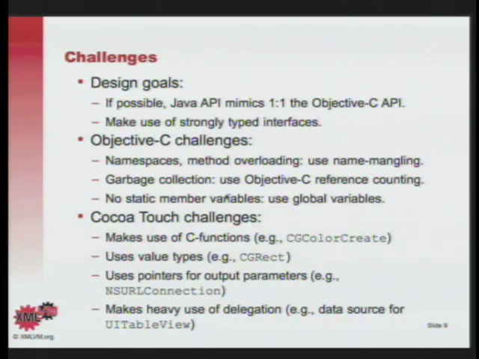So if you write an iPhone application, you actually have to make use of a reference counting mechanism that is given to you by the iPhone framework, but it's your responsibility as a developer to actually correctly retain and release object references. So since we don't have a garbage collector on the iPhone, what we do is actually during our cross-compilation, we insert these retain and releases during the cross-compilation phase.